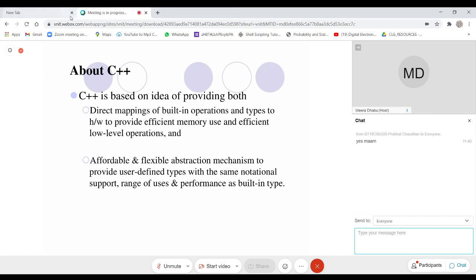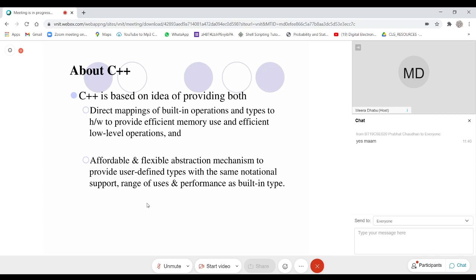C++ is based on the idea that the language should be near to the machine, and it should also be easy for the programmer to focus on what to do, and not how to do it.